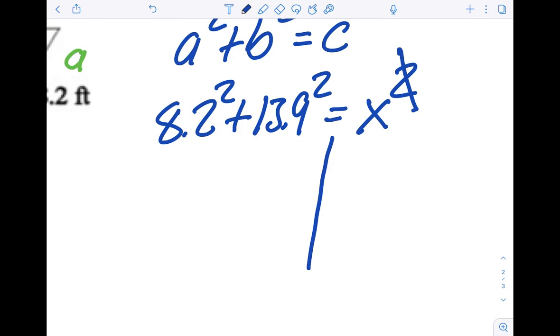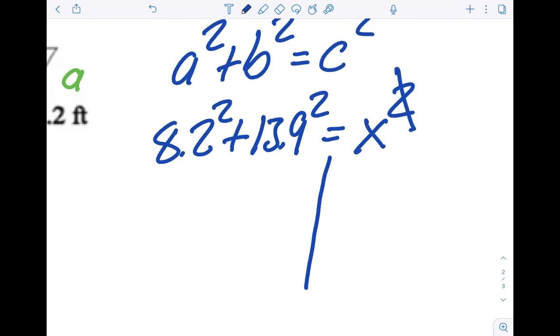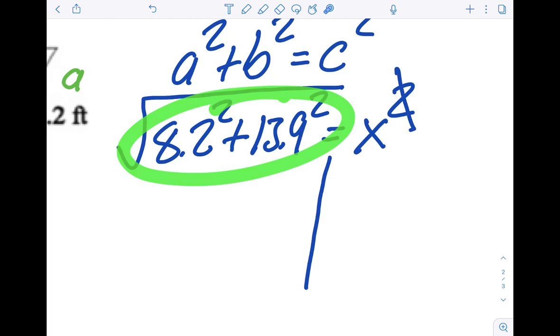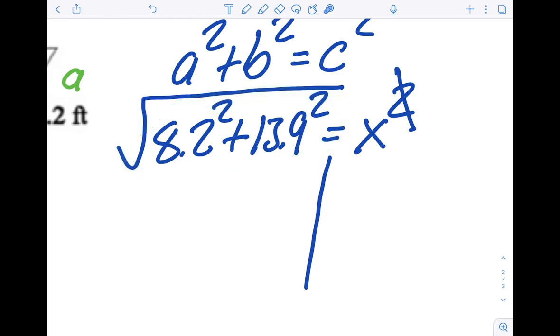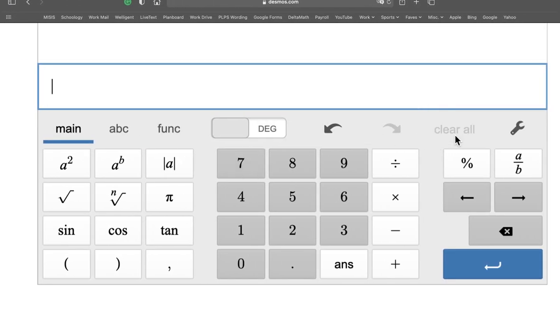I cross it out. But I got to move it over to the other side, but the opposite of squaring is square rooting, right? The opposite of squaring is square rooting. Look at that. I don't have to move any numbers over. I already have all of these together right there. So I'm going to use my calculator, right? So I'm going to clear this, and I'm going to say square root of